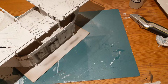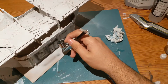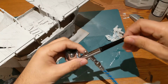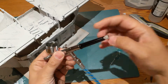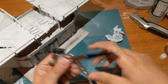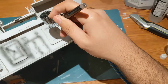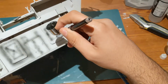I'm going to pause it and clean my brush out. Okay, I've cleaned it out a bit, and it's flowing a bit more consistently now, so I'm happy to continue. Just going to tighten it up a smidge. What might have actually clogged it is when I was pulling it back without any air going through it, because if you think of a car, like flooding the carburetor kind of thing, it might have flooded the nozzle with just paint that wasn't being